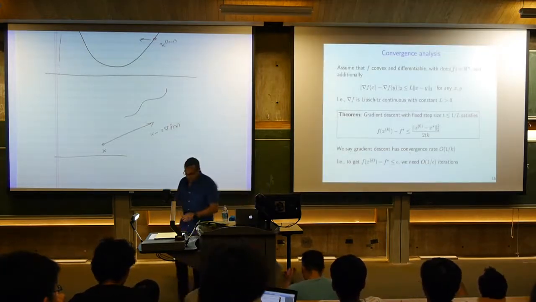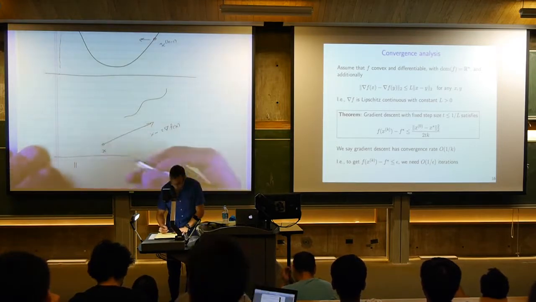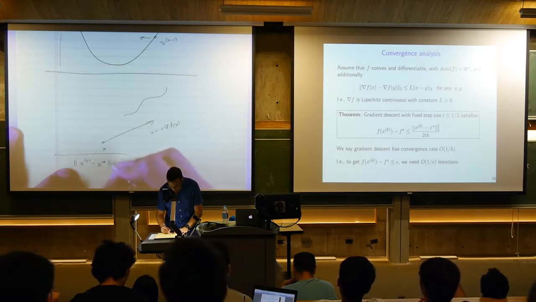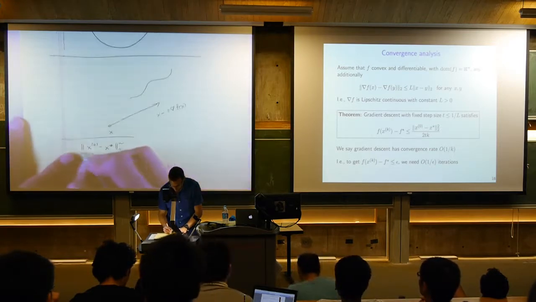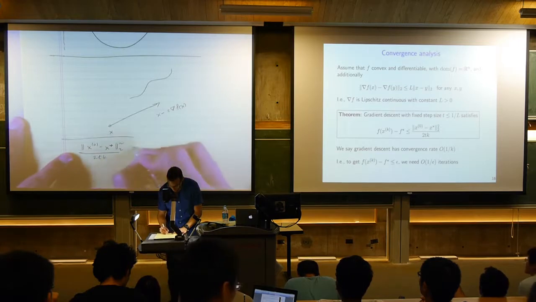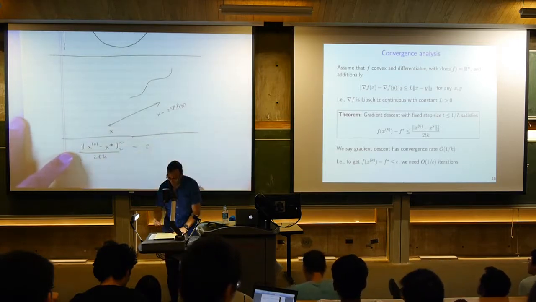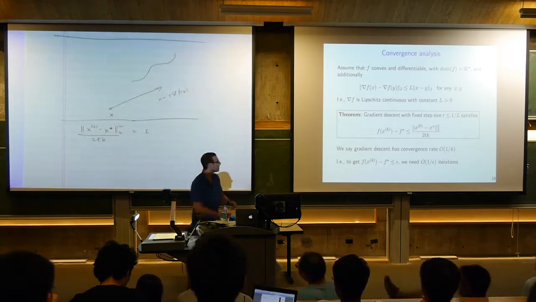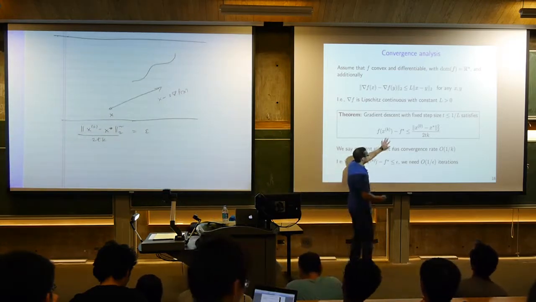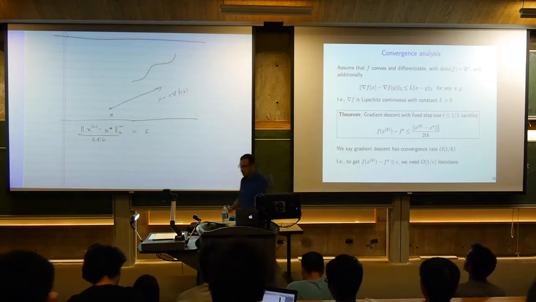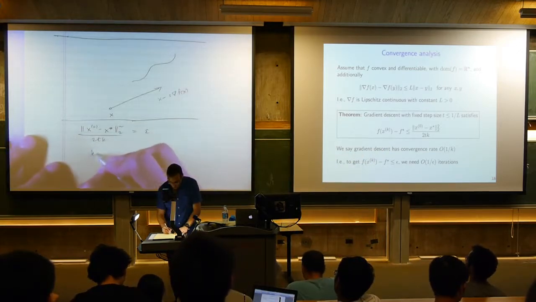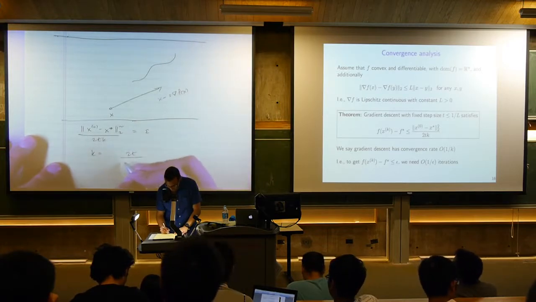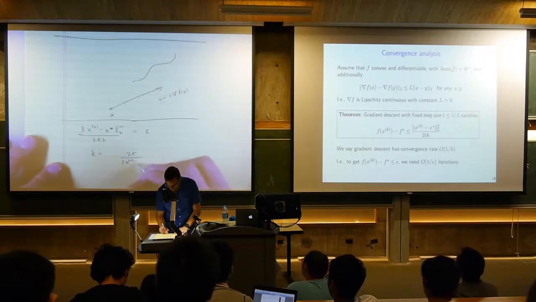Suppose that I know that this quantity upper bounds the suboptimality of my function. I want to choose k big enough so that the suboptimality is no more than epsilon, because this upper bounds my suboptimality. So how big does k need to be? Just rearrange that to see that I need k to be